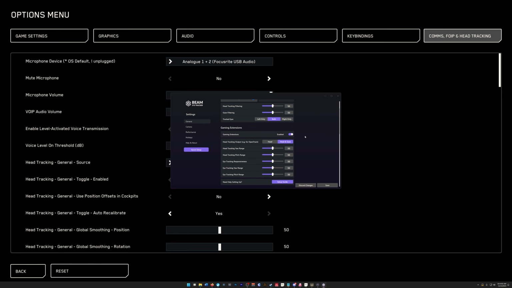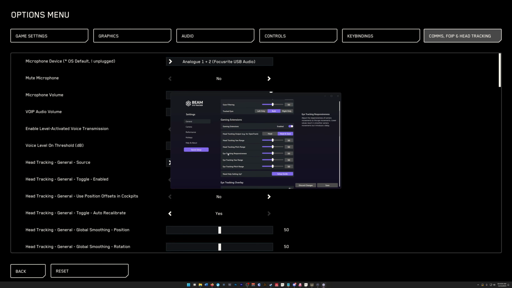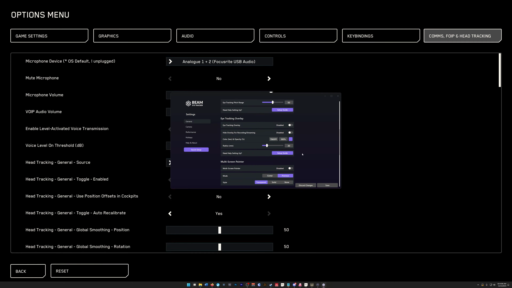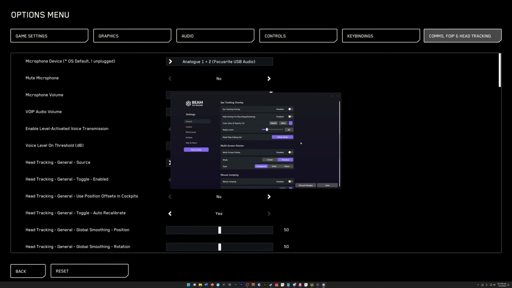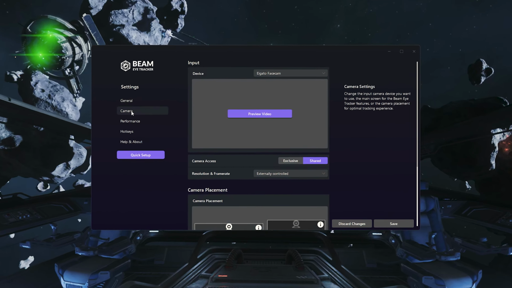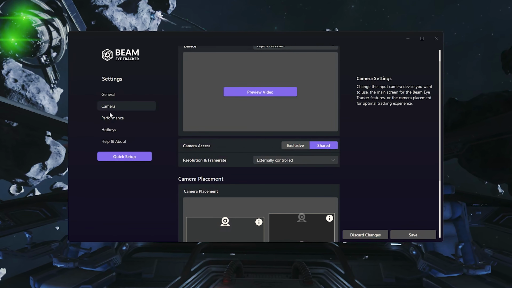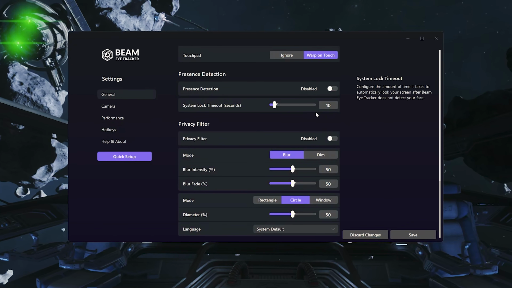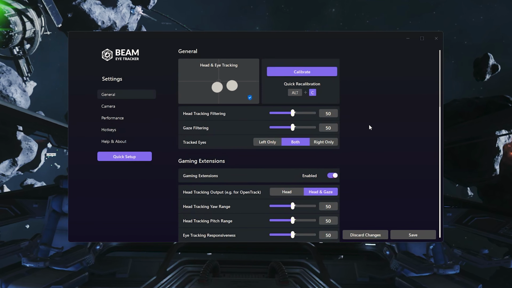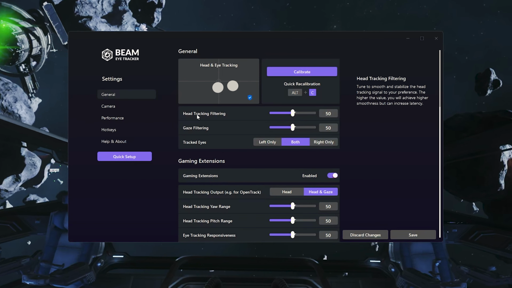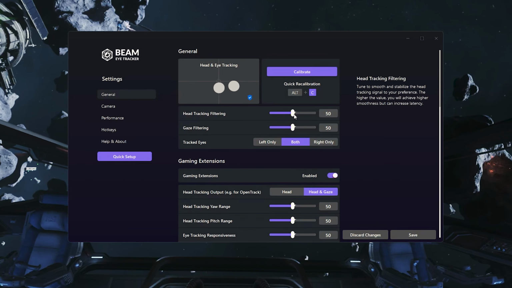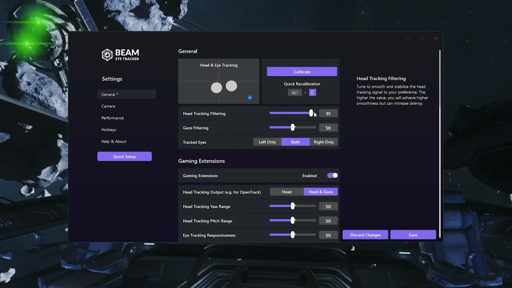Now, for my personal settings in Star Citizen, I don't generally use the eye tracking or the gaze setting unless I'm doing something very specific, such as doing training or something like that. So you will probably want to set the head tracking output to just track the head instead of the head and gaze. But I feel like some players may not like how the responsiveness handles when you're just doing one or the other, so you may want to play around with this a bit so you can kind of tweak